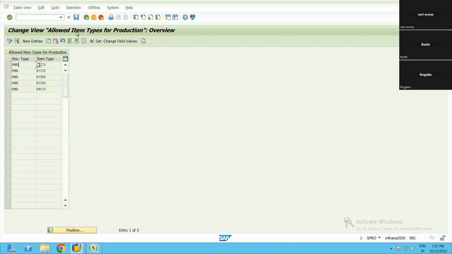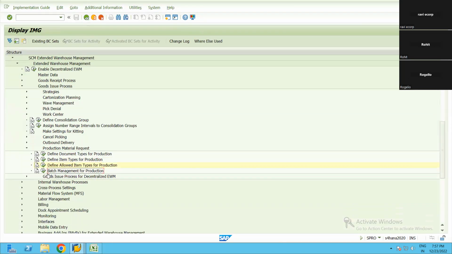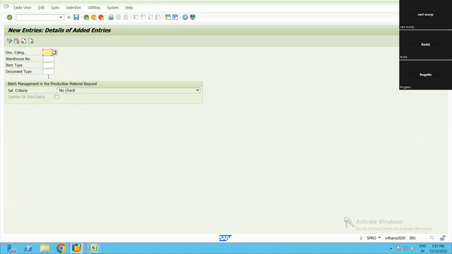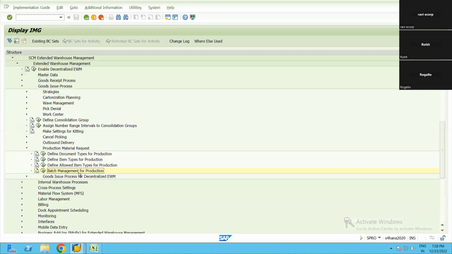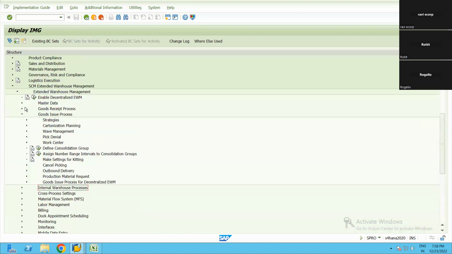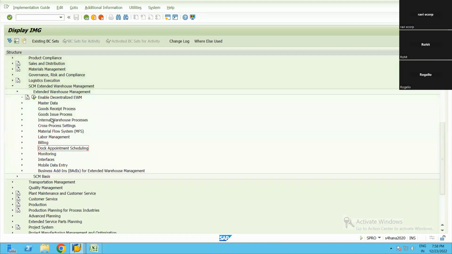These are the allowed item types for the document type. In PMR, you can configure all these item types. Batch management related configuration can also be done here. The same thing, selection criteria for the restricted batch. Next,